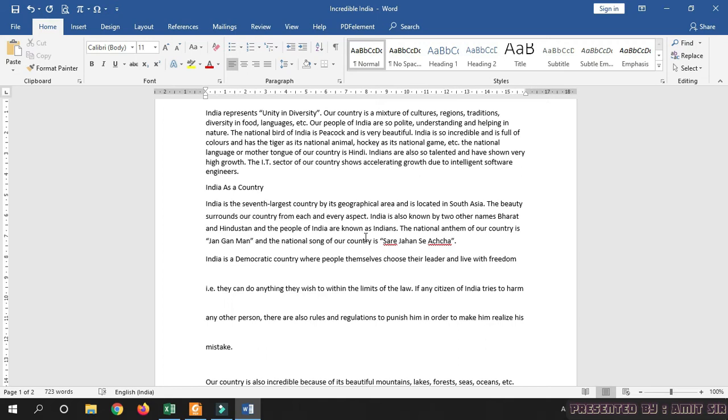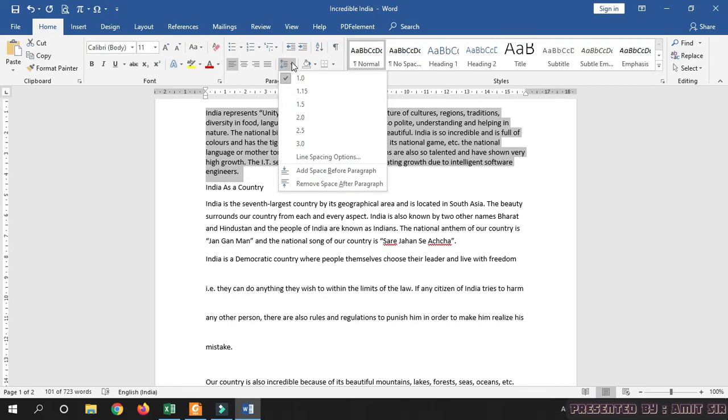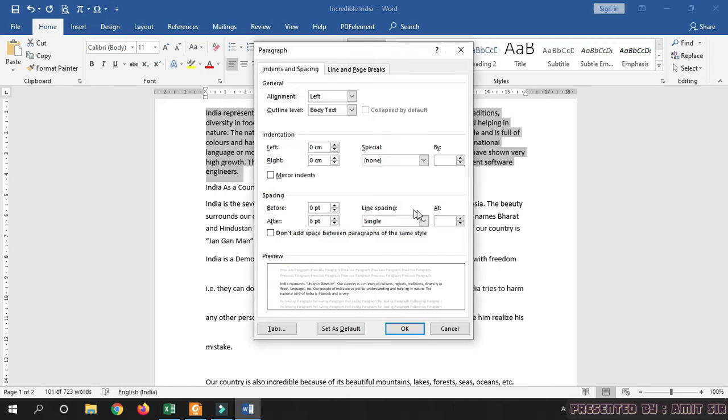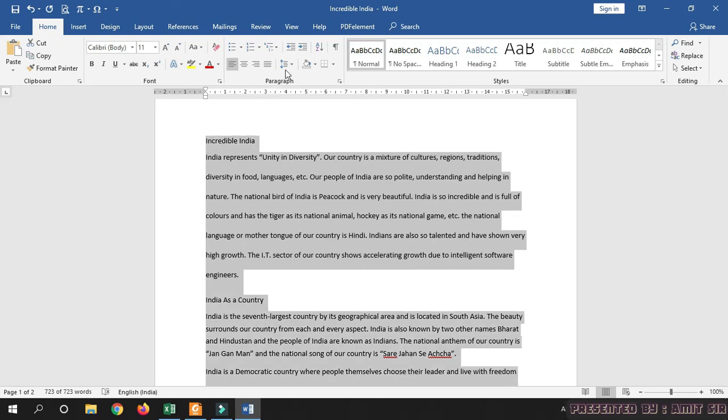Let's recapitulate it. To change the line spacing of a paragraph, we have to select the paragraph. Then go to the paragraph option within the home tab and click on the line and paragraph spacing button. From here, select the line spacing option, or you can also select the predefined options that are available here. Then give a value here like 2 and click OK. Now let's talk about another option that is available in Word, that is called paragraph spacing. Before that, let's make all these paragraphs with line spacing 1.